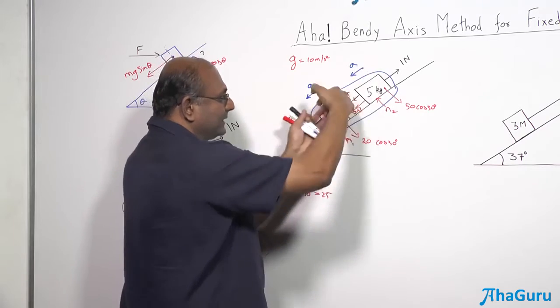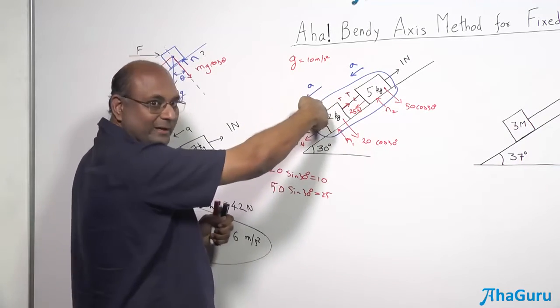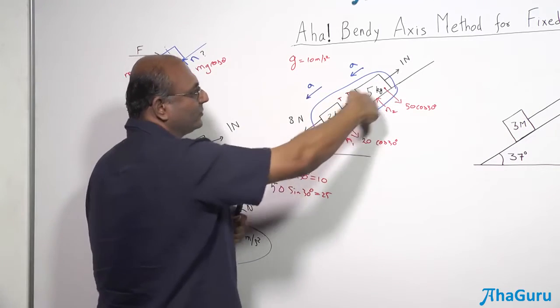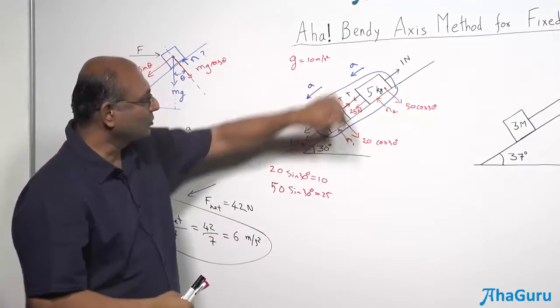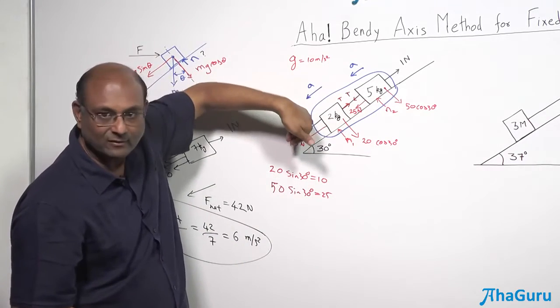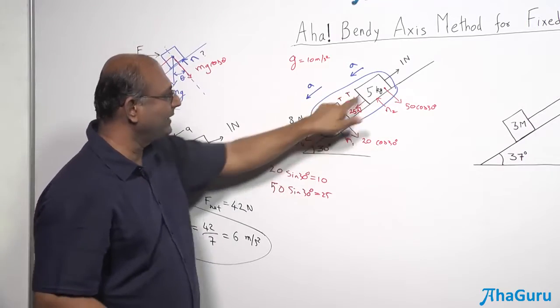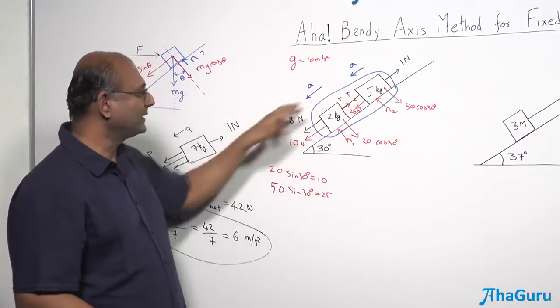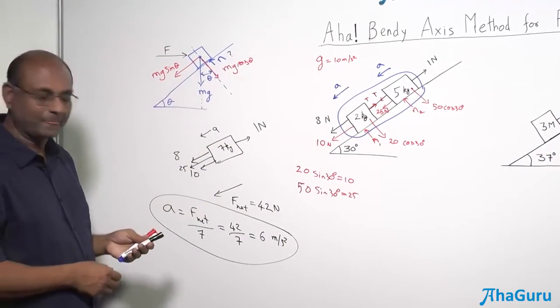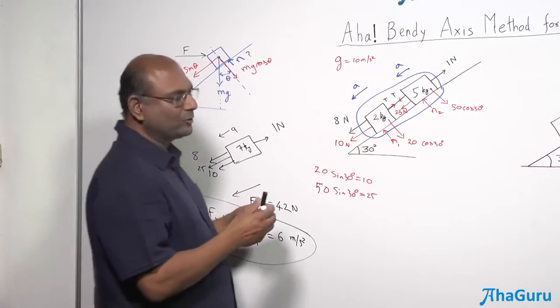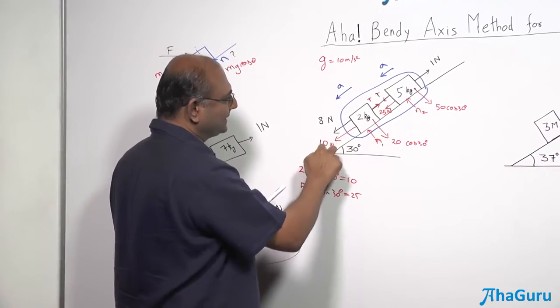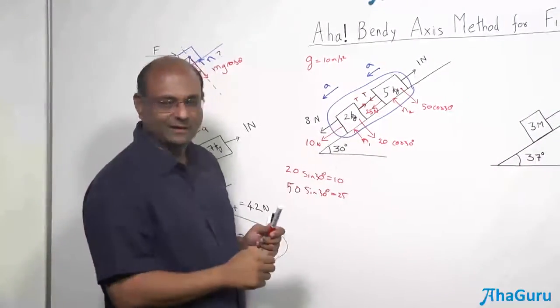You can just bundle this whole thing up. Look at the component this way, which is 10 newtons, 8 newtons, 25 newtons. And so 10, 8, 25 is 43 minus 1, 42. 42 divided by 7 kg. And so that gives me the answer 6 meters per second square. If you don't like this, you can write two equations. You can say 8 plus 10 minus T is 2 times A.